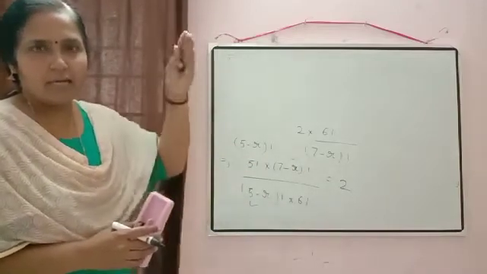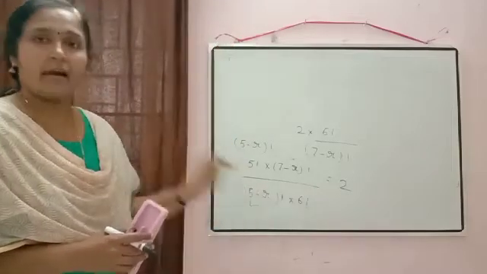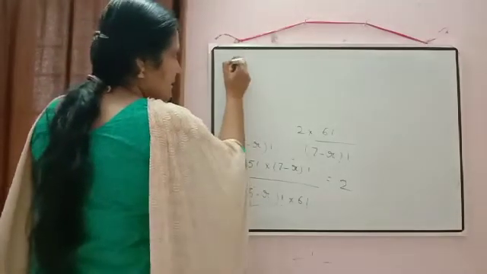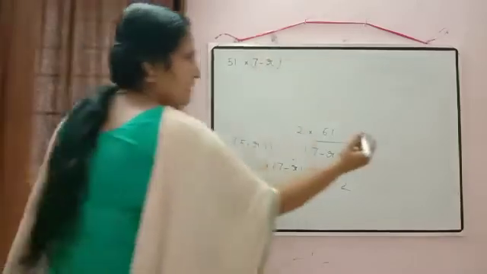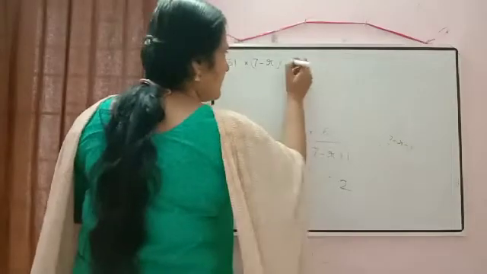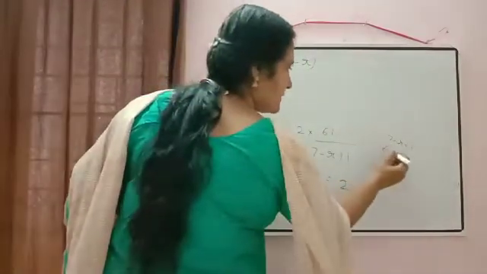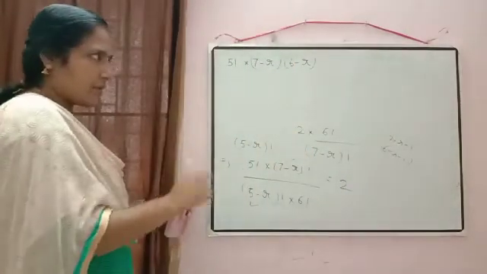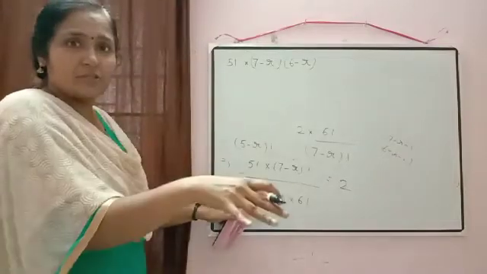So again we will keep on subtracting 1 till we get 5 minus r factorial. So first expression what will come? 7 minus r only. Next, just subtract 1. What will come? 7 minus r minus 1, so that will be equal to 6 minus r. Now again subtract 1: 6 minus r minus 1, so that will be equal to 5 minus r factorial. We have 5 minus r factorial here. That's why we are stopping here.